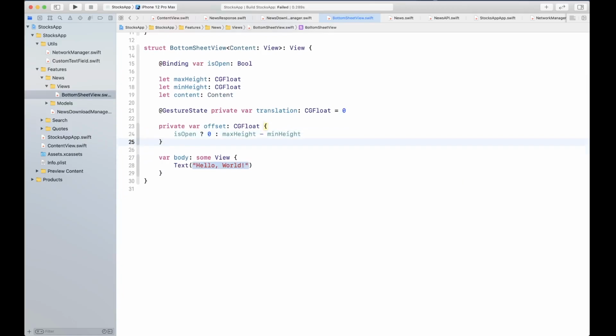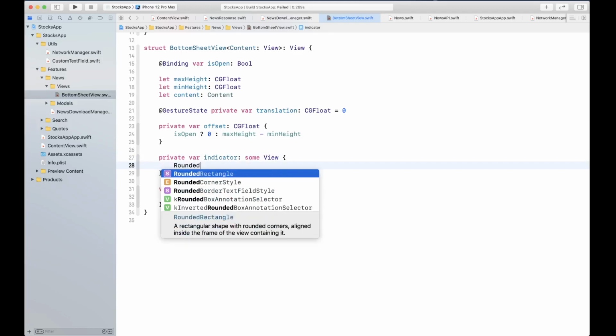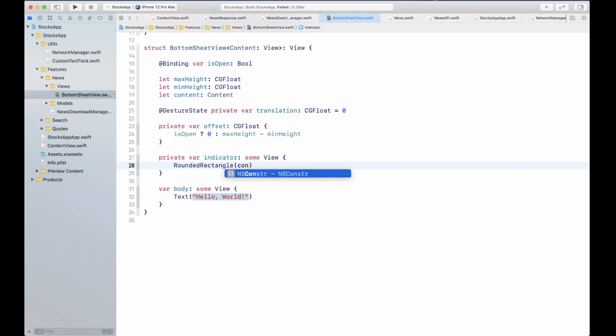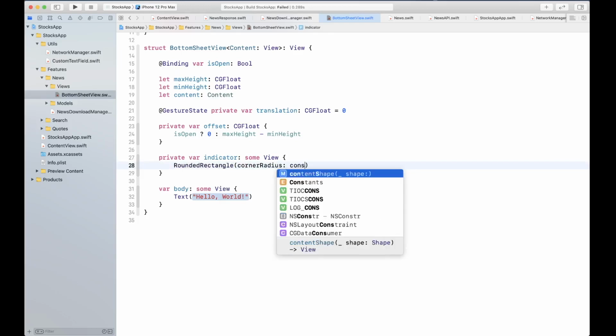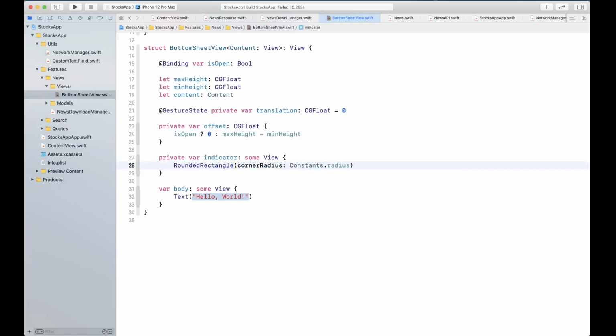Okay, so the next variable that we're going to create is the indicator view. It's a line that we're going to display at the top where the user can drag or tap to open and close the view. So we're going to create a private variable indicator, a rounded rectangle with corner radius, and we're going to use our constants for radius.